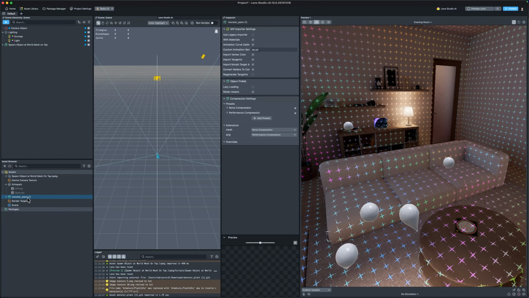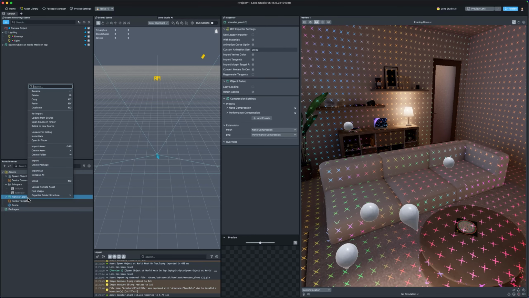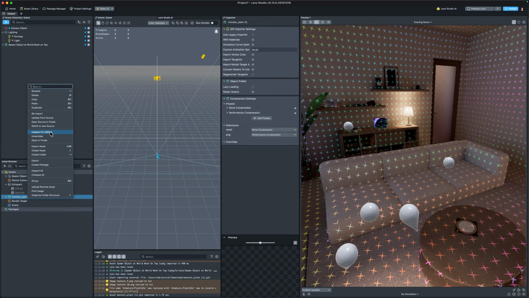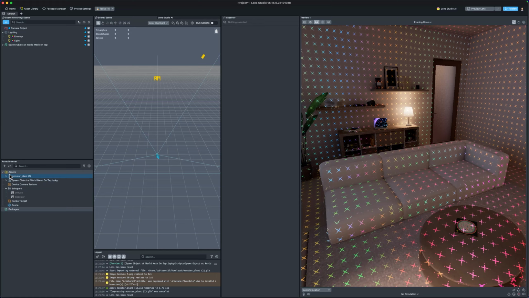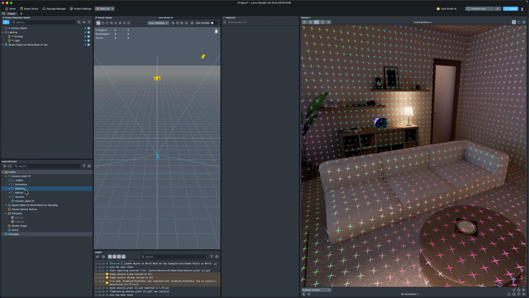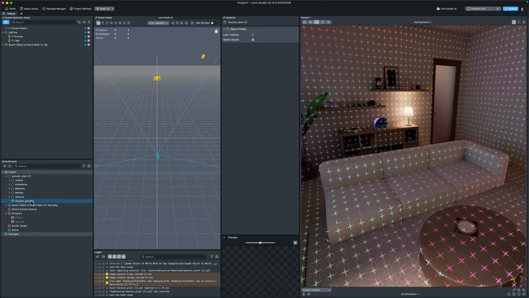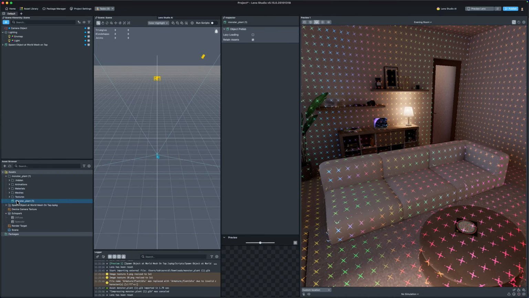So then on the monster plant here, let's do a right click and click on unpack for editing. Now we have a nice folder here with animations, materials, meshes, textures, and a monster plant. So if we now double click on that,